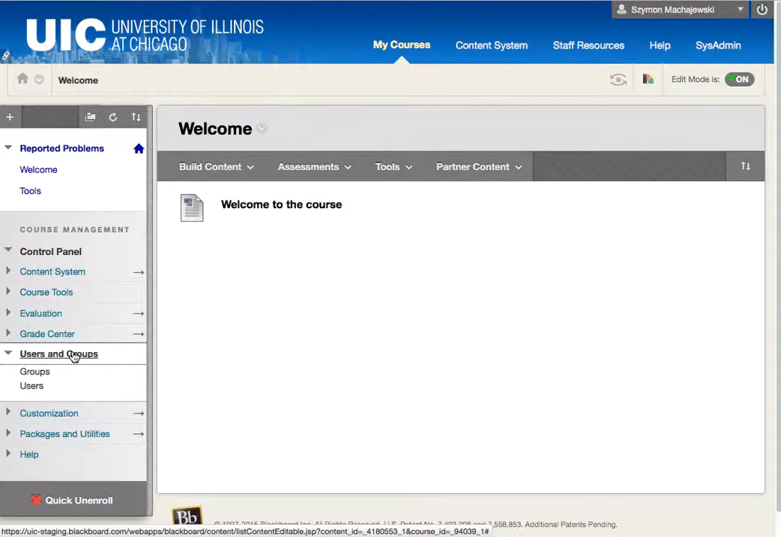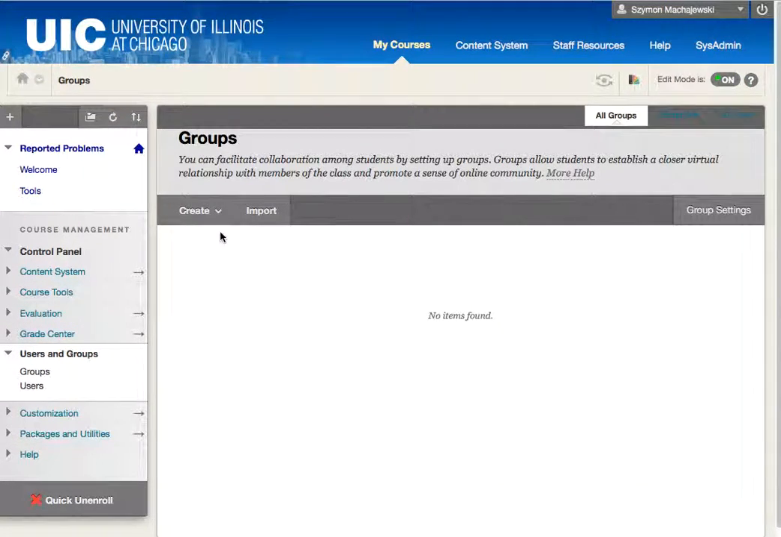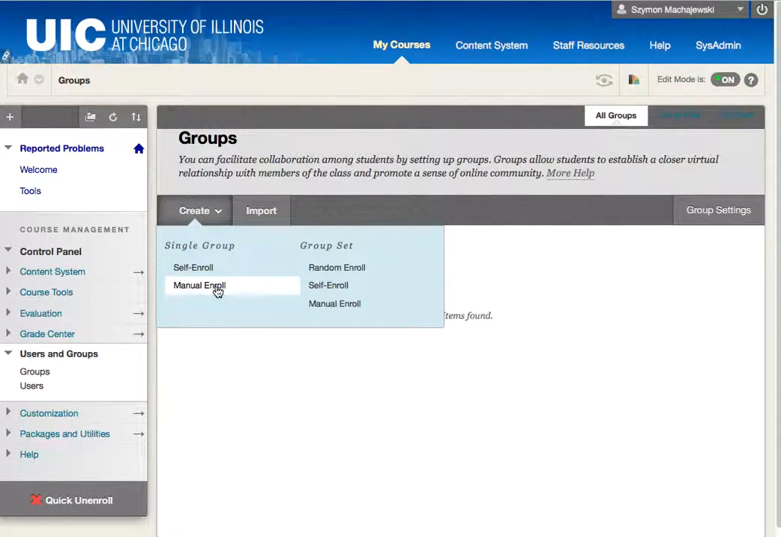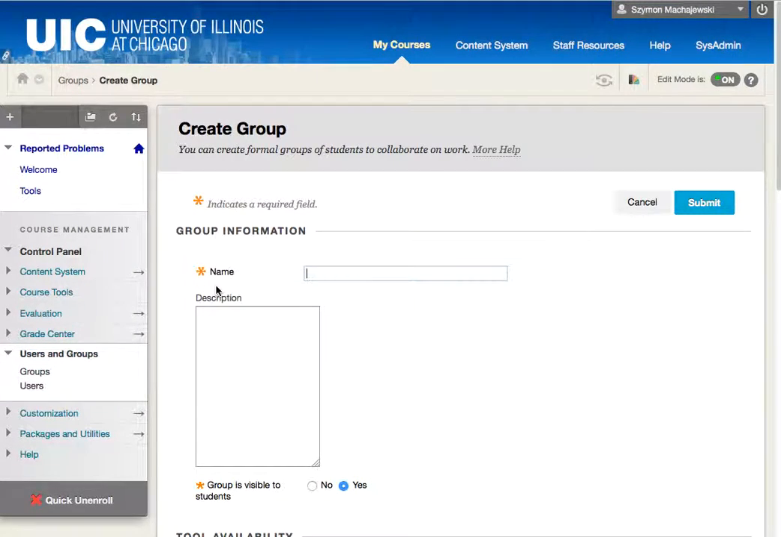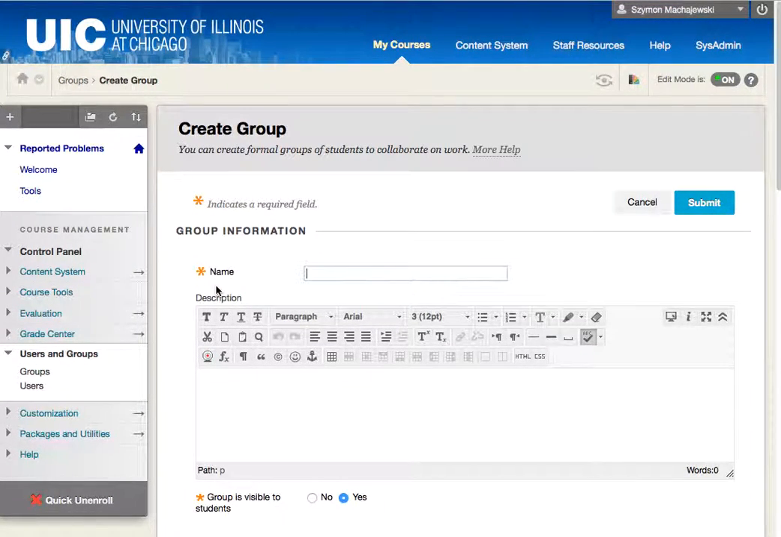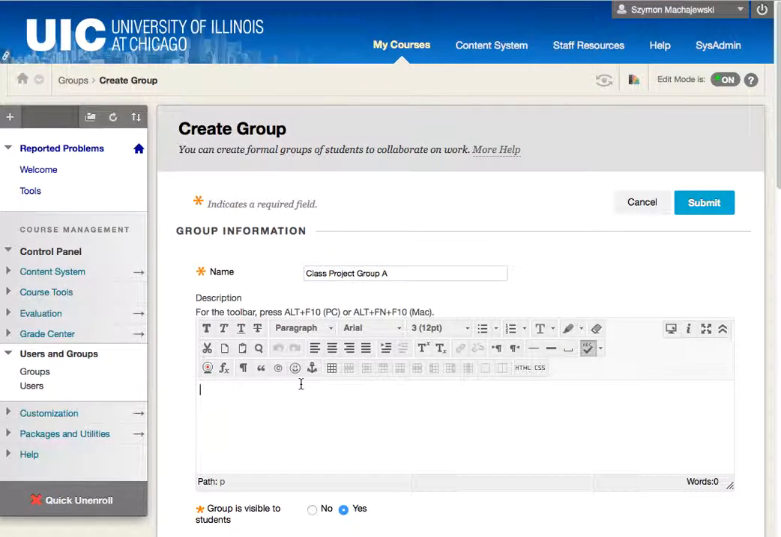So we go under users, we'll go ahead and go to group. We'll say create a manually enrolled group. In this group, perhaps we'll have the name of class project group A, and now we are going to enter